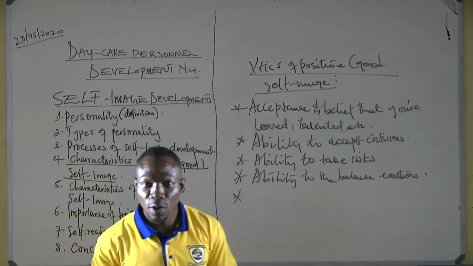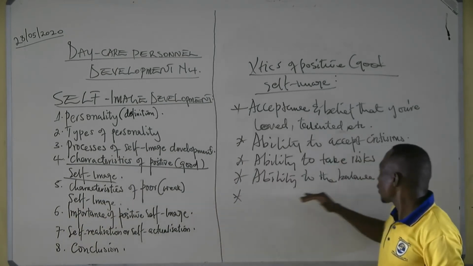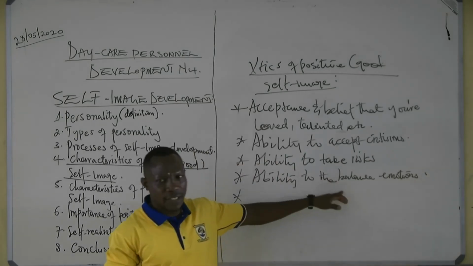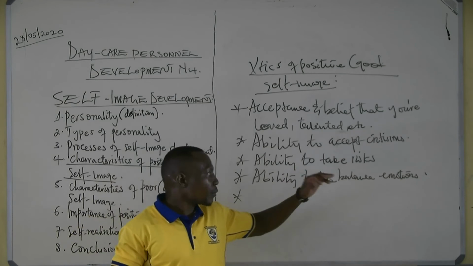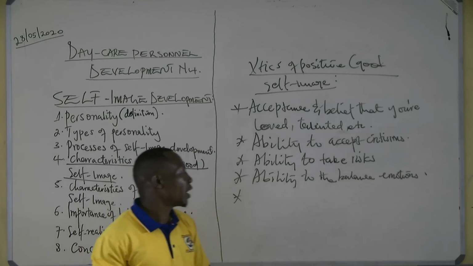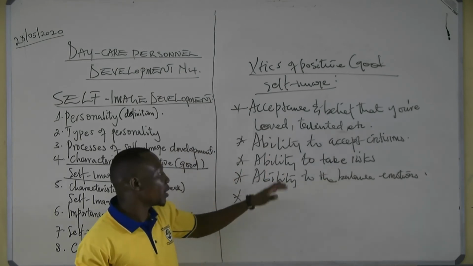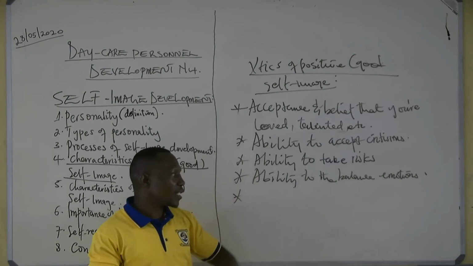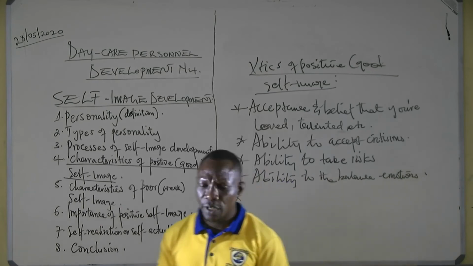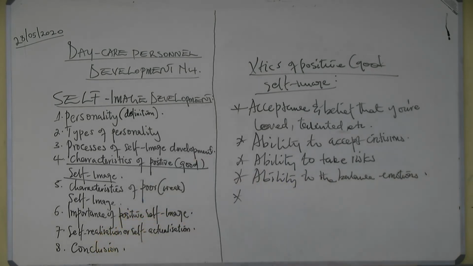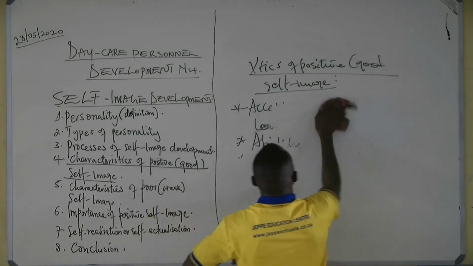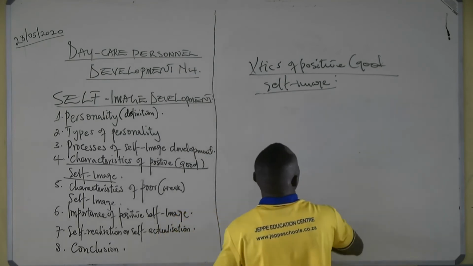Then ability to balance emotions. Extremes of emotions are bad. So this person comes to the realization that extremes of emotions are very bad. How? Because this person comes to the realization that bad feelings lead to bad actions. Yes. So extremes of emotions are bad. So this person comes to the realization of that, so that he tries to regulate his or her emotions, so that people around him or her are not affected.